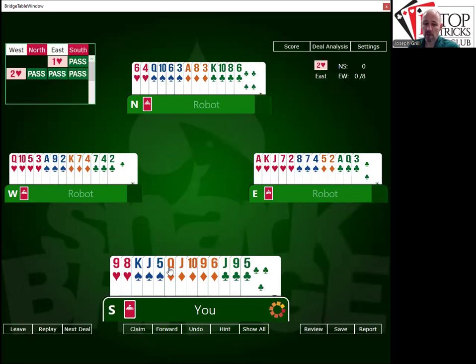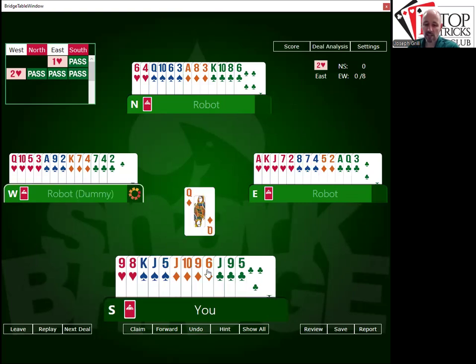Opening lead, top of a sequence. South is the leader. Do we have a sequence? It's one of the very first things you should look for. Queen, Jack, 10, 9. That's a great sequence. It's unlikely to give a trick away if we lead that. Now,